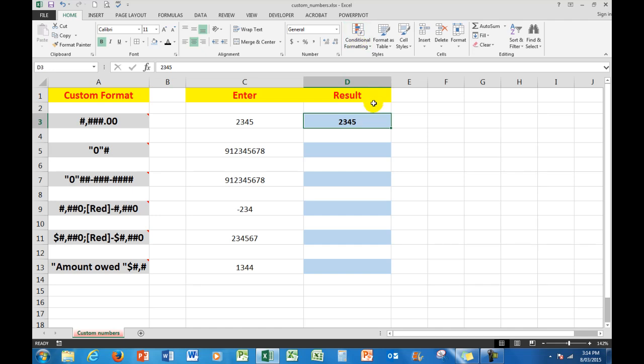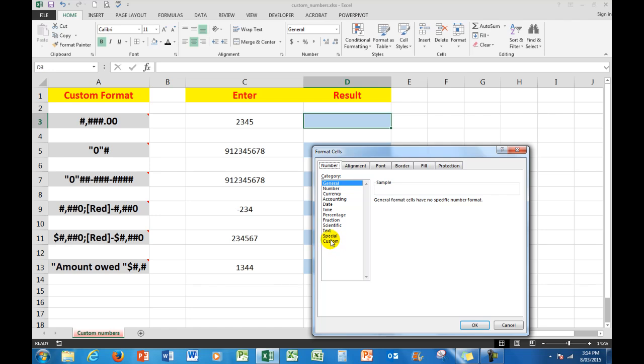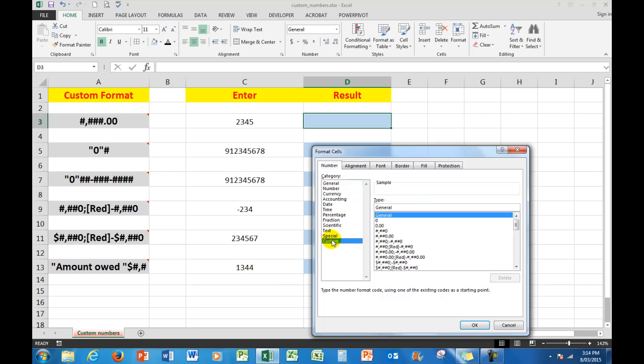What I'm going to do is delete that entry, click the drop arrow, go down to More Number Formats, and choose Custom. When I choose Custom, I see that it is a General format. That one matches what's up there, but I'm going to get rid of that and type this. I'm going to type a hash, followed by a comma, followed by 3 hashes, followed by a full stop, and 2 zeros. Now when I click OK,